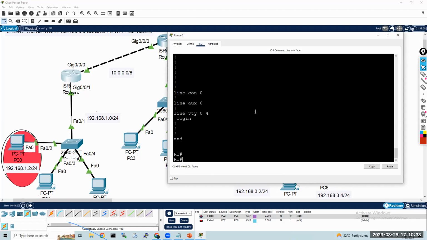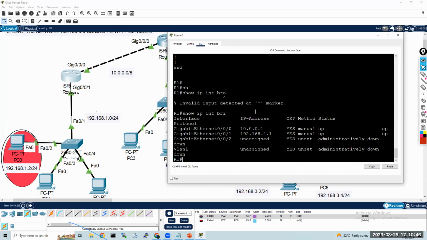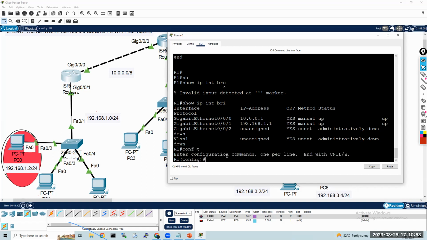If you type show IP interface brief, then it should work. So here we have changed it. We'll change this one itself. Right. So here what we'll do,